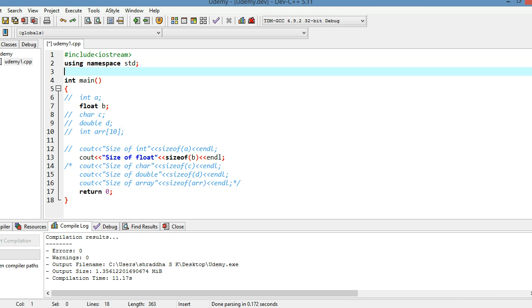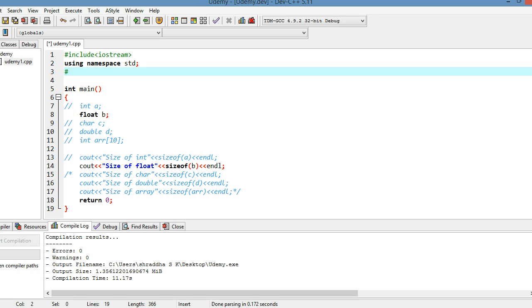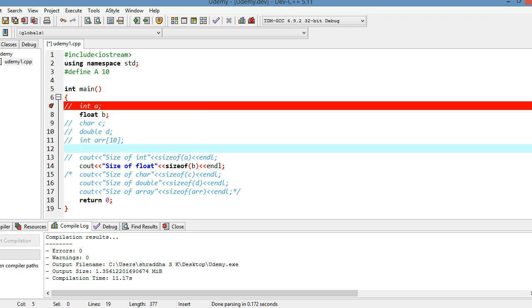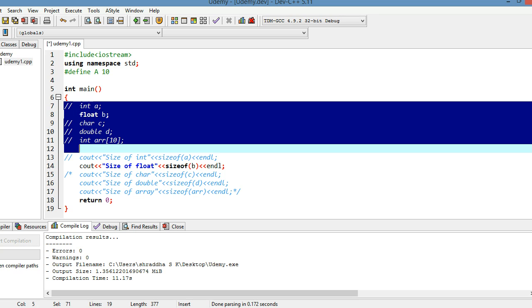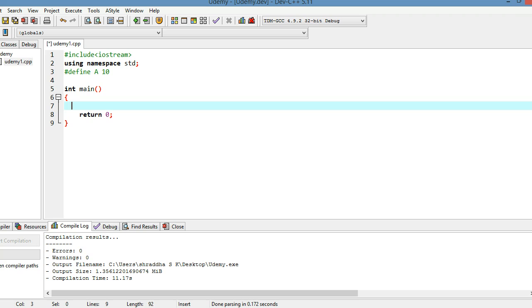The first one we have is #define. Now let's see. #define is my preprocessor directive. Maybe I will define A as 10 and remove all this other code. I have removed everything, and now I have not declared any variable.